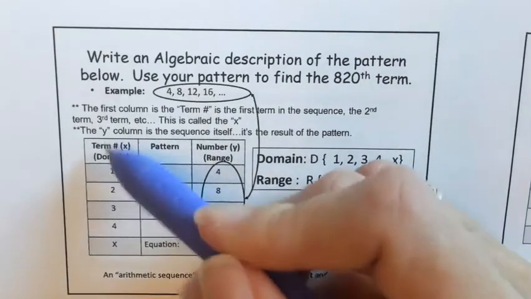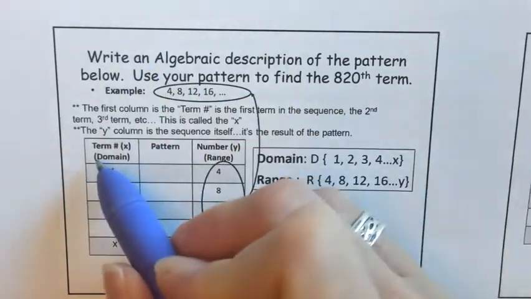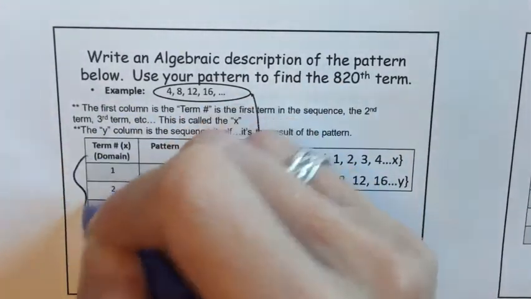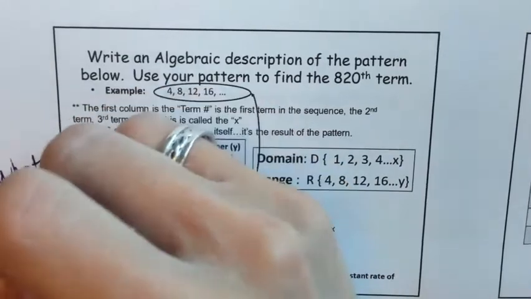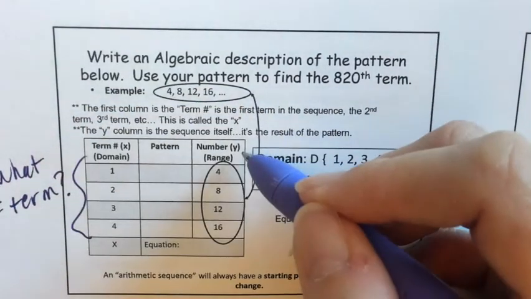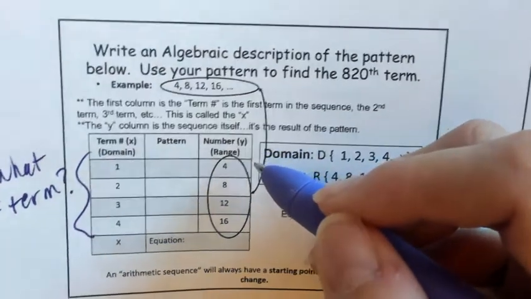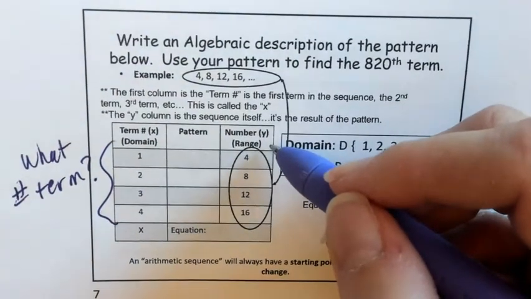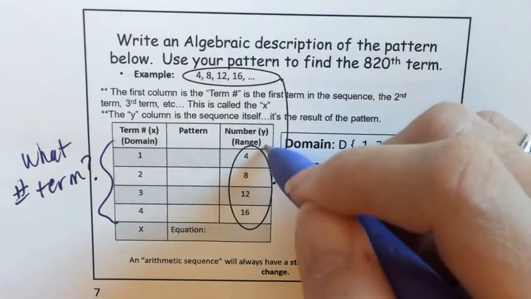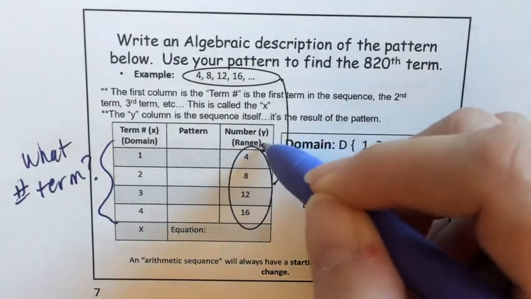The first column is my term number, or what number term do I want? This is the output. This is what it equals. This is called the range. So range is what the term